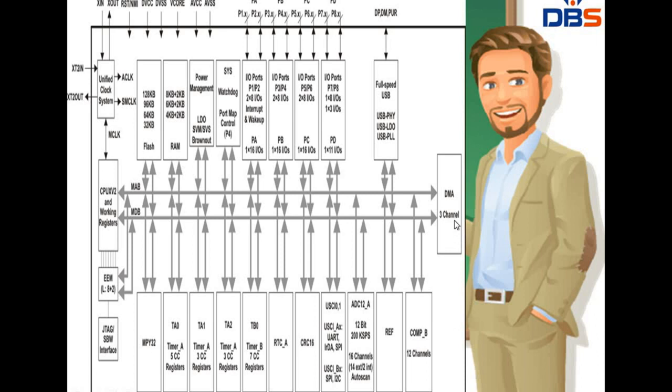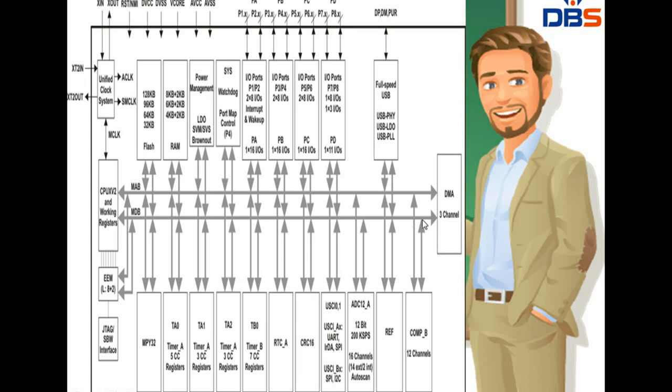And coming to the last one, that is the DMA, the direct memory access controller module. This is used to transfer the data from one address to another address of the CPU. Here, see, it is a bidirectional link, data line, data bus. That means here we are going to transmit or receive data from one address location to another location, and a device which contains a DMA controller may have up to 8 DMA channels available.